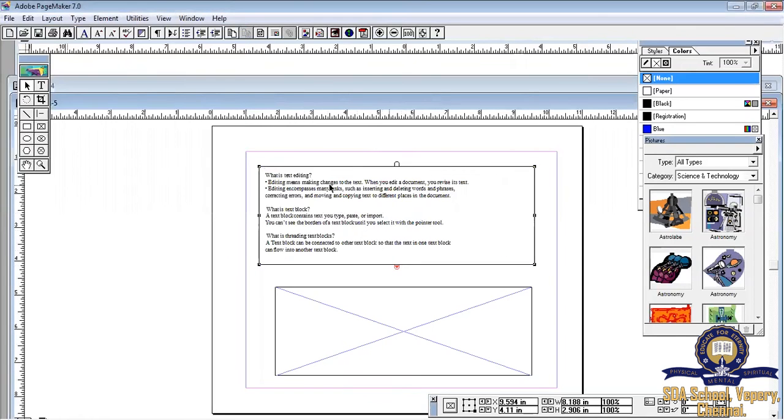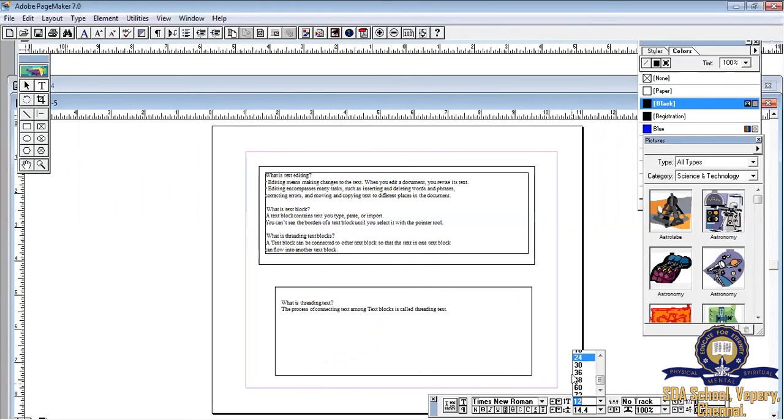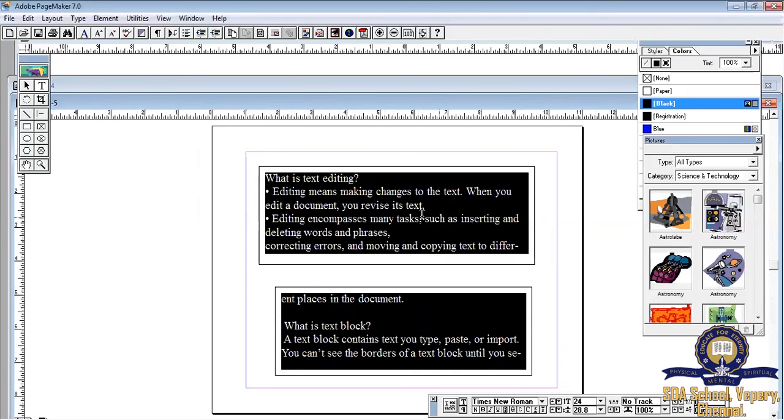Right. Now content is being placed in your first frame. There is some more content in your first frame. I'm going to move that text from the first frame to the second frame. How to move it? Click on the silver triangle. Now it changes to an arrow. Right? Move this arrow to the second frame and click. The content that is not shown in your first frame is now linked to the second frame. Select this text with the help of your text tool. Try to increase the font size so that it is visible to you. Right? This is the way to link a text between 2 text frames.